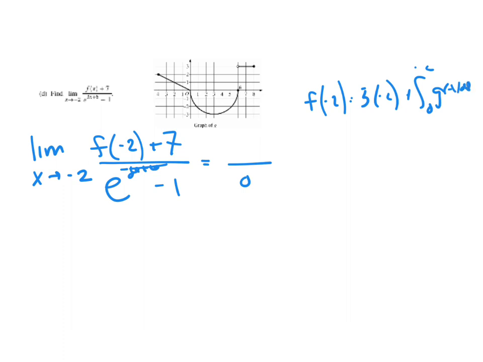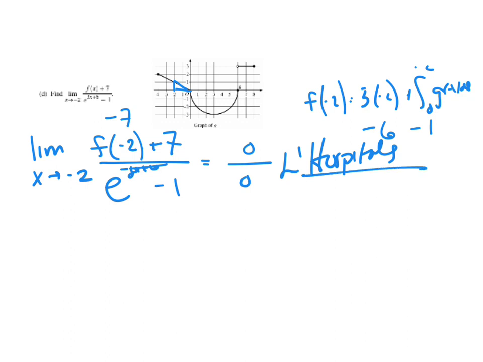So 0 to -2 would be this section. That's 1/2 base times height. So let's see, right now I'm at -6. That's going to get me a -1. So that's a -7 plus 7. I'm going to get that 0 over 0. Now here's the catch. Obviously this is L'Hopital's rule,